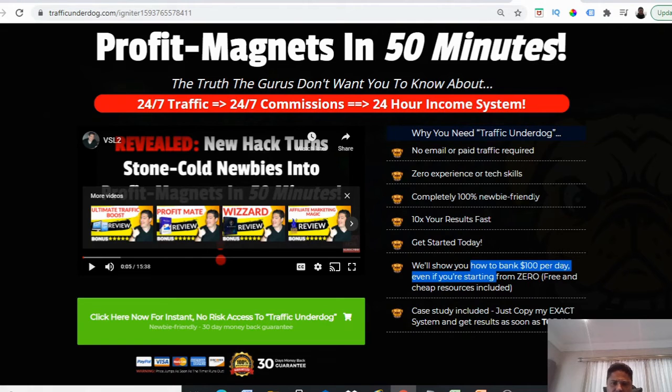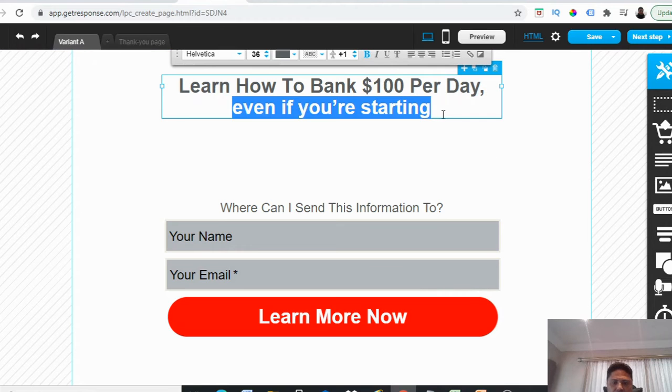And here you can see I like this, even if you're 100% new at this and with zero tech skills, okay? With zero tech skills, and with no paid traffic required. Okay, so if there's with no email list and no paid traffic, I think this is a really nice limiting belief as well to go and put at ease. So let's go back to GetResponse here, and I'm just going to say